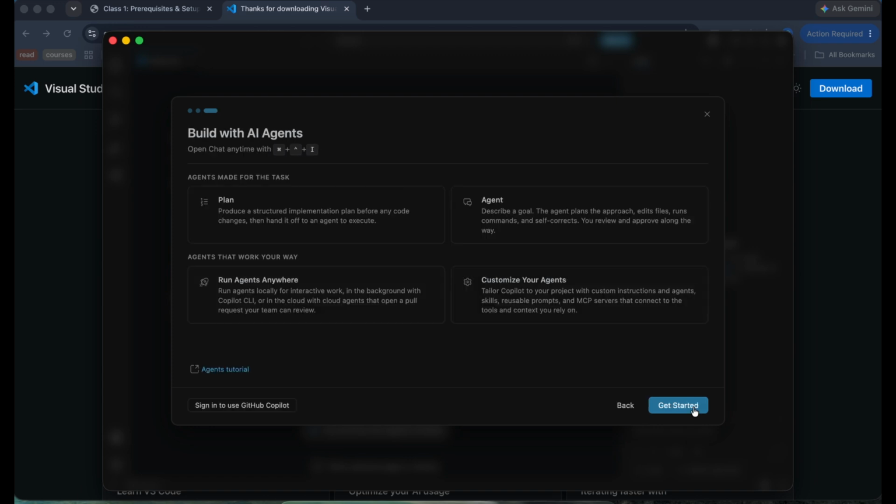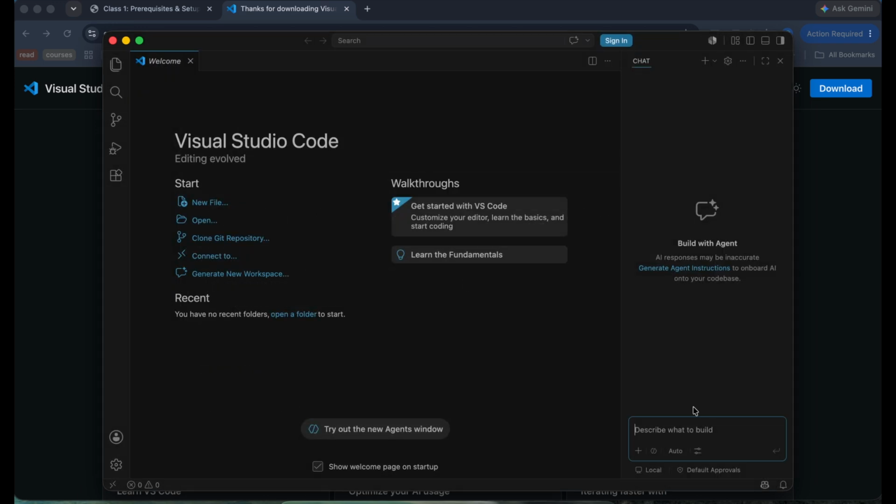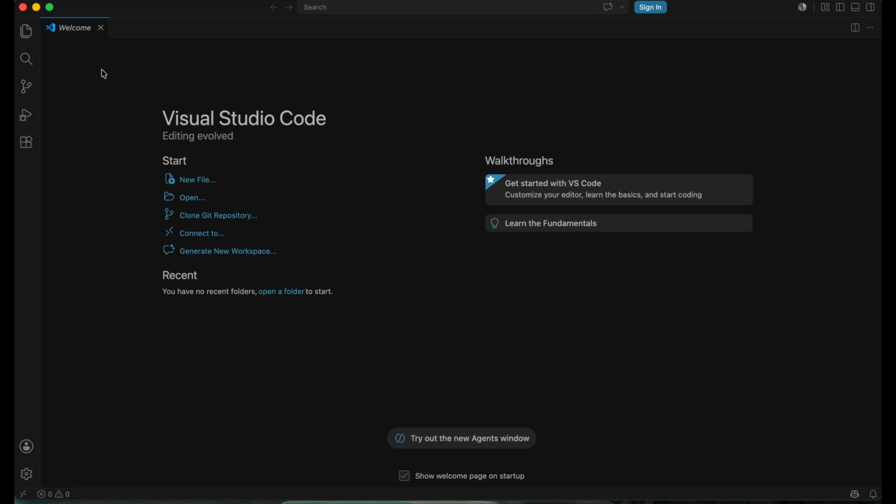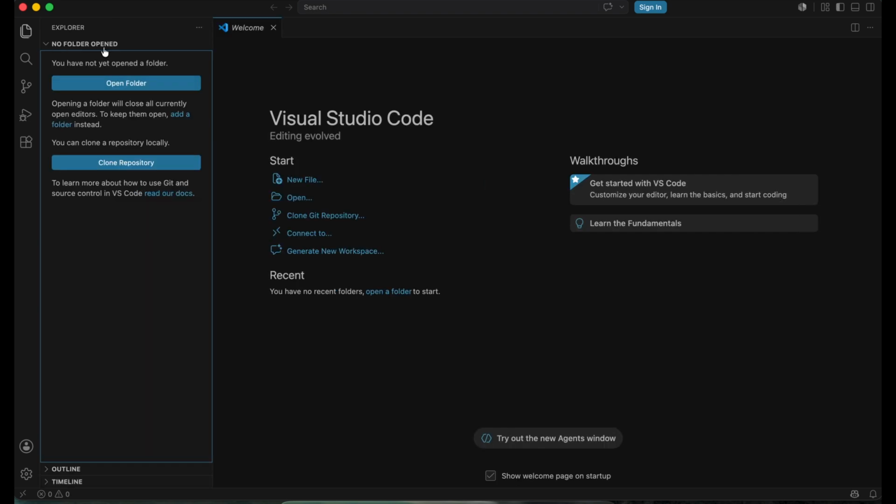I don't think I ever did in all of my setup. So just go through the get started, and this is basically what it is. You don't need this chat over here. This is just your home page, and all of your files will be shown in this tab here. This isn't open with any file, which is the way it is right now.